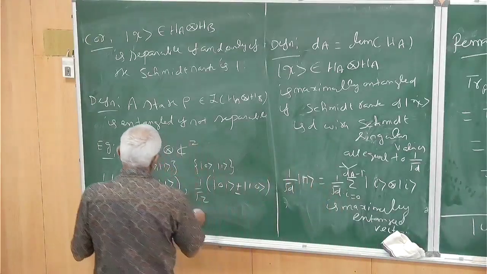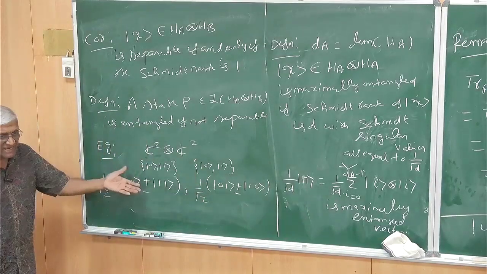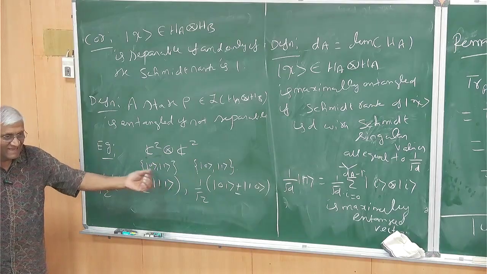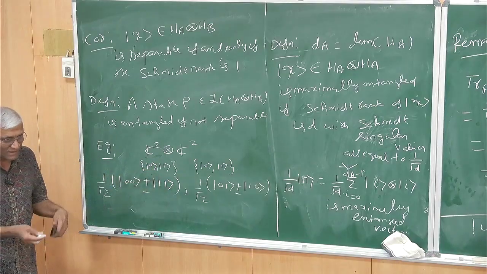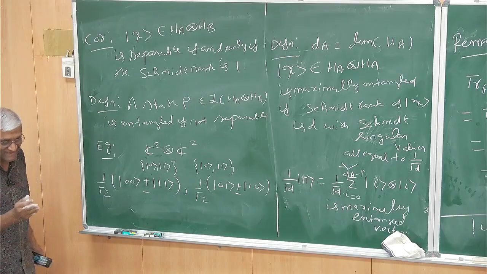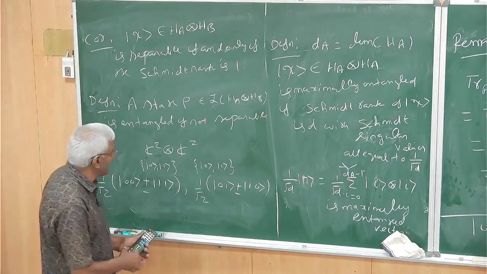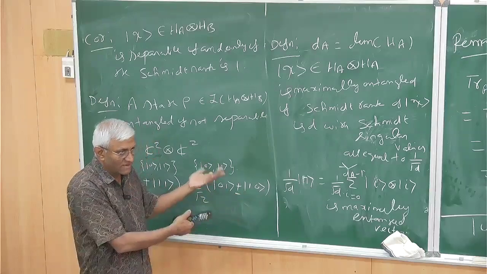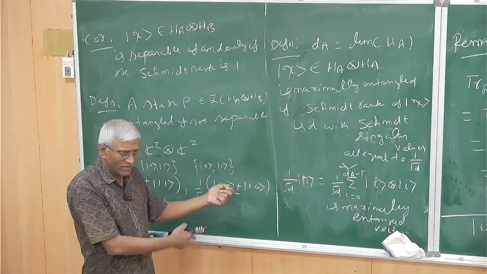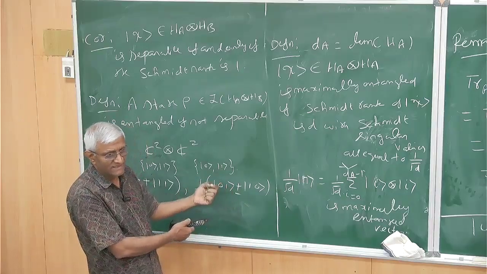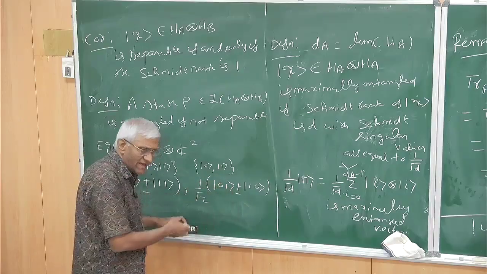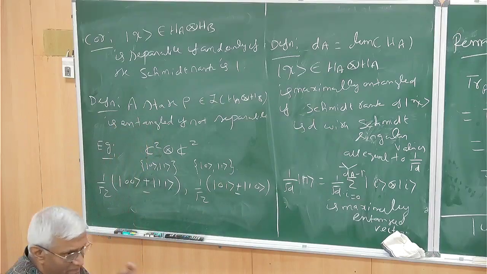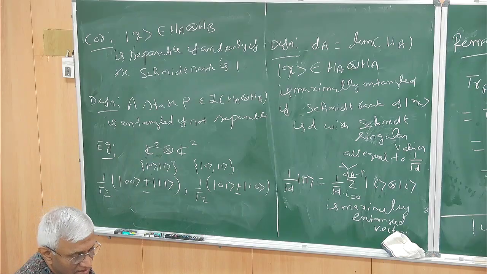And that is what you are doing here in this example. This is called EPR, Einstein, Podolsky, Rosen. You must have heard of the spooky action from a distance in popular articles, all these things. No? I mean, when we come to measurement, I will tell you. Have you heard of Einstein's paradox, the EPR paradox? EPR is Einstein, Podolsky, Rosen. These are the three people.